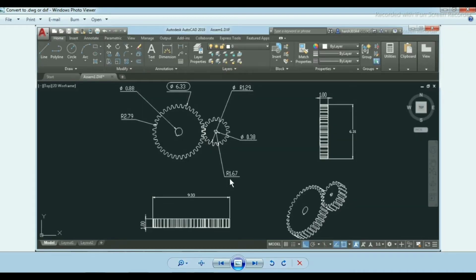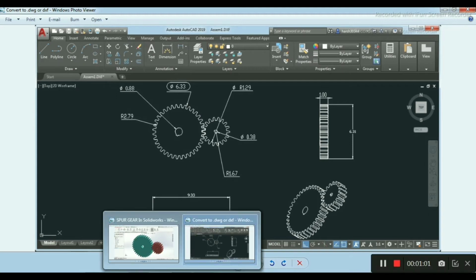So the AutoCAD file is to be a .dwg or .dxf file. So this too will be opened in AutoCAD. Also in this video I am going to tell you how to give smart dimensions in both AutoCAD software and SolidWorks software, and how to increase or decrease the font size and how to convert from radius to diameter units. Also I will tell in this video how to change the unit from MMGS to IPS.